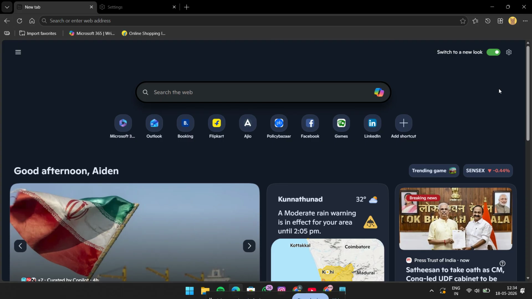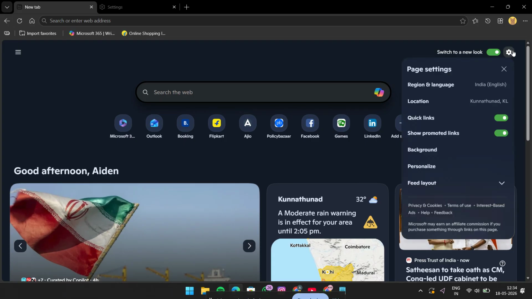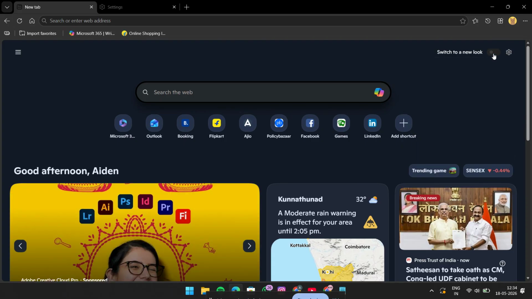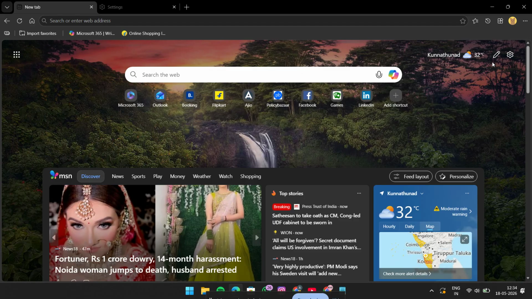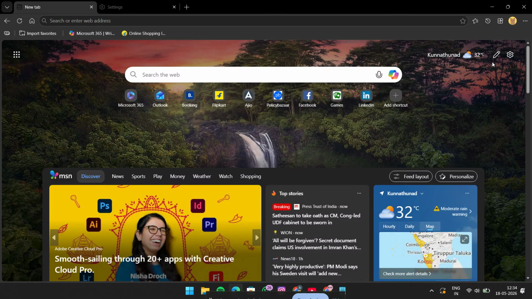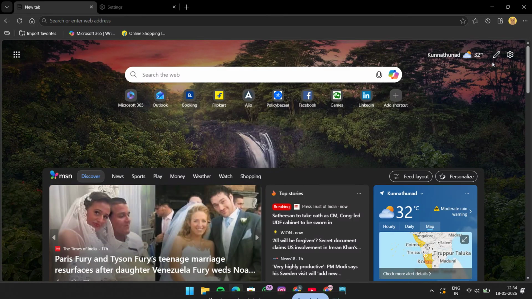design. If you ever want to switch it back, you can return to the same page settings area and toggle the option off again. That's all there is to it. You've now turned on the new look in Edge using the page settings menu. It only takes a moment, but it can make a big difference in how your browser feels every time you